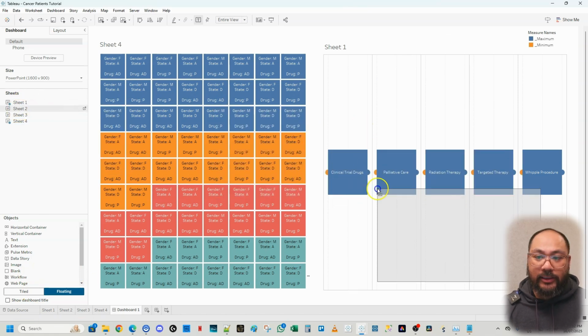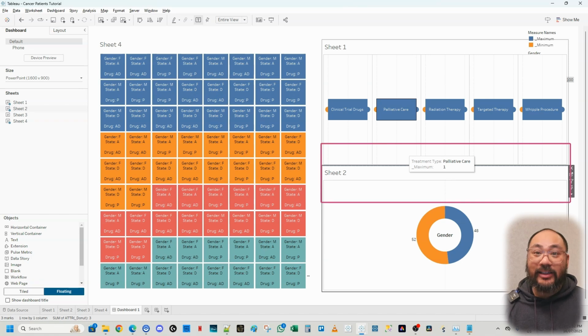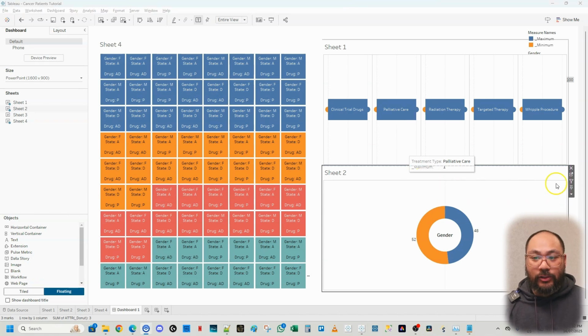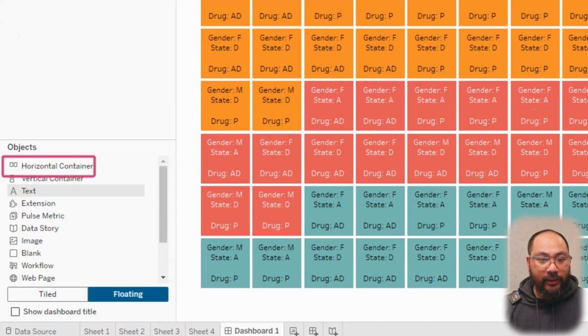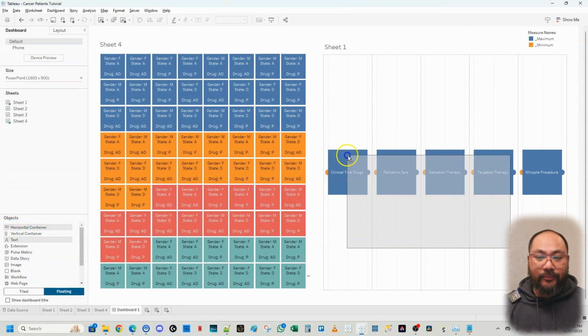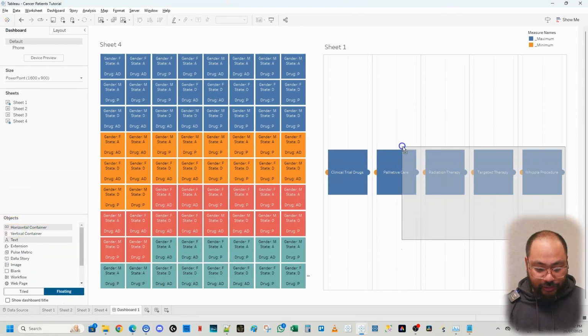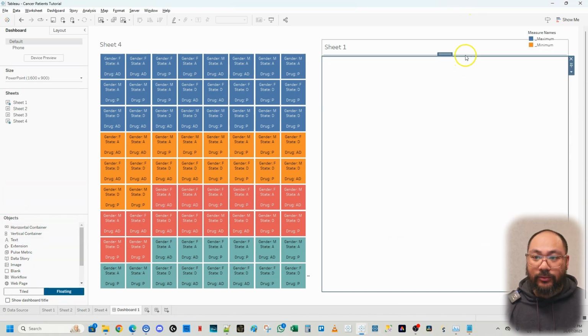The next one is the donut. Now for the donut, we're actually gonna have 3 sets of donuts. So we actually need a container within the container to split that up. The way we do it is get rid of this donut. We're gonna go in here and look for horizontal container, and we're gonna add that into the other container. Let's do that. So again, if it's floating, hold shift, and I can add it to the bottom, like so, and we just resize it,